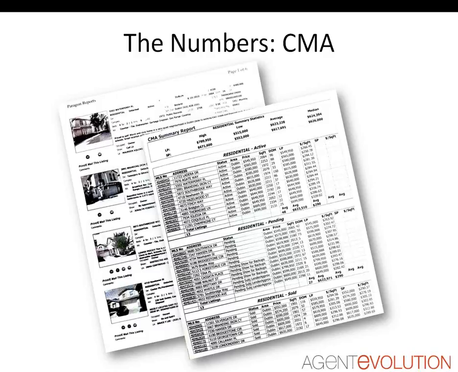And I've worked with agents that have done some different things when it comes to their CMA. Some agents like to include as much information about the properties around that particular neighborhood, for example, up to 30 properties like this one here. I've worked with other agents that pick and choose the different properties that they want to show and make it more of a competitive CMA. So it's really up to you and what you decide, but the most important thing is that you've got to have that summary report, you've got to have access to other properties so they know where you're coming from, and of course present that net sheet.